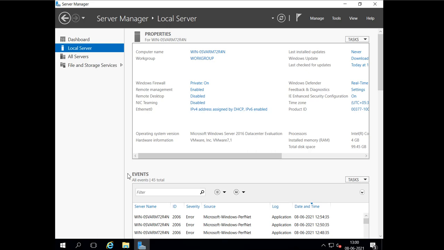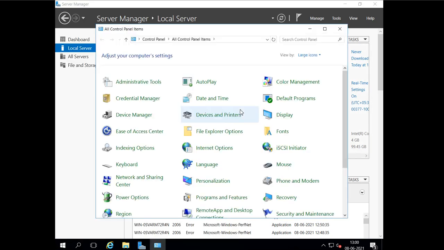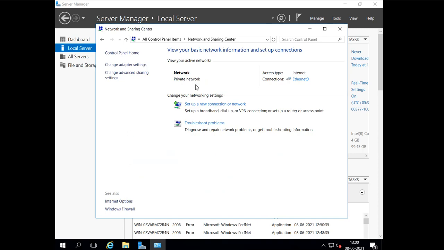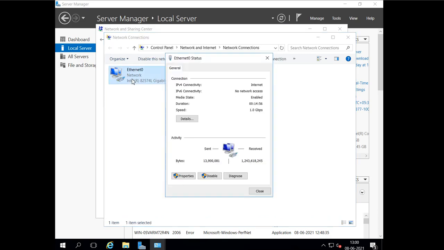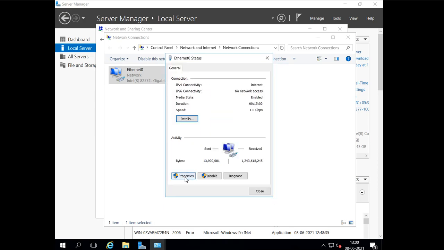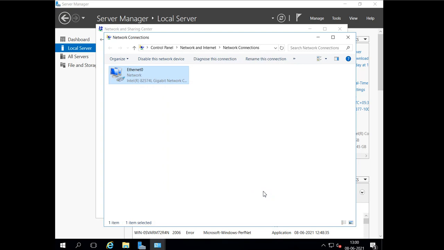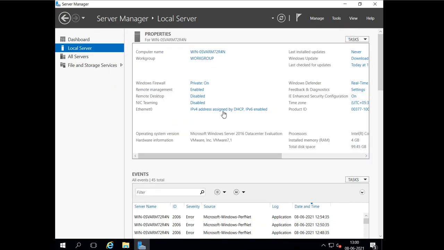We go to Network and Sharing settings, then for changing the adapter setting, we go to Change adapter settings, and here we can see the IP addresses and change them if we like. Now we don't have to follow the long path, we can just click here and it will open the adapter settings for us. So this is how easy it is to manage the server from Server Manager.